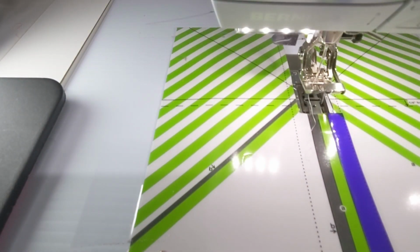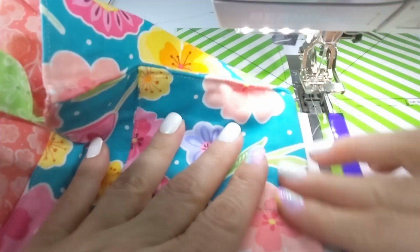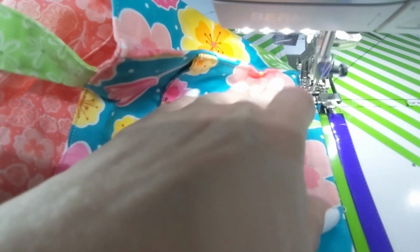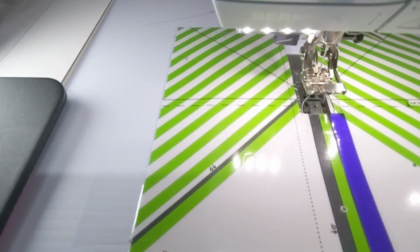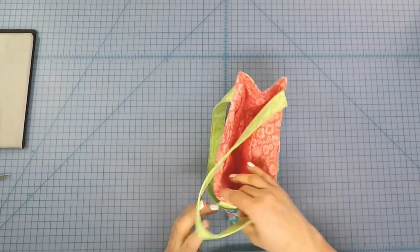The next thing to do is the bottom of the bag. So you're just going to repeat what we did. We're just going to squish the bag out of the way, make sure this is nice and flat. You're going to start at one corner, and you're going to just sew right across. And I find the bottom is easier to do the 2 long sides first, and then do the 2 short sides last. All right, so there it is, all top stitched, the base, the sides,